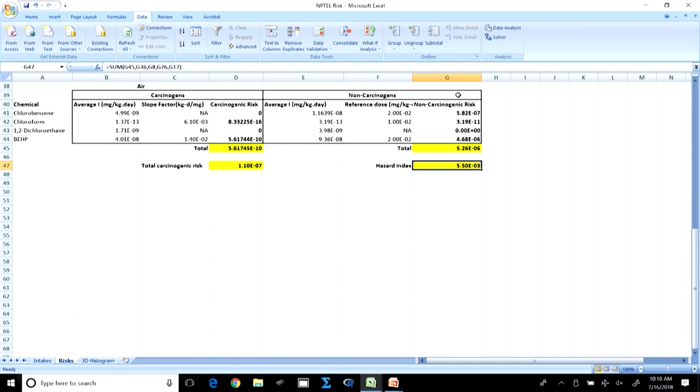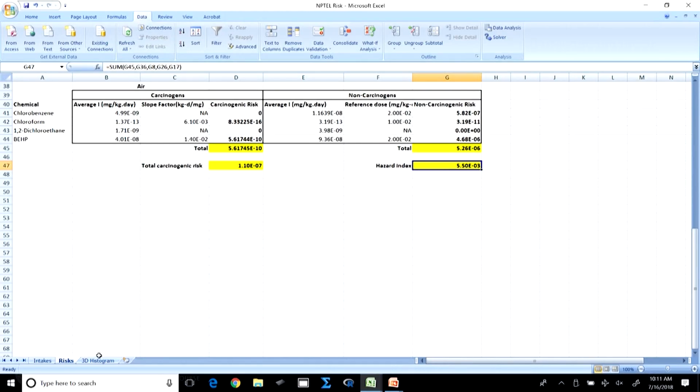And if we come back to the hazard index, I guess this is the true way because I did sum up all the hazard quotients. So the hazard index again gives us an idea about the risk posed due to the toxic compounds or the non-carcinogens. Even in that case we see it's 5 into 10 power minus 3, so that's much less than 1. So obviously here from our risk assessment, what can we conclude? That for these exposure conditions and concentrations and so on,